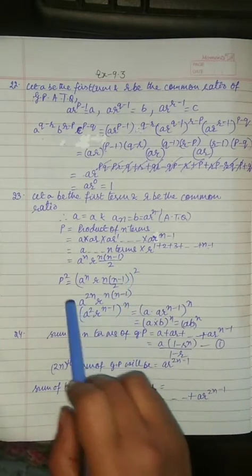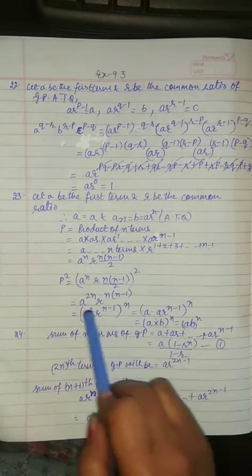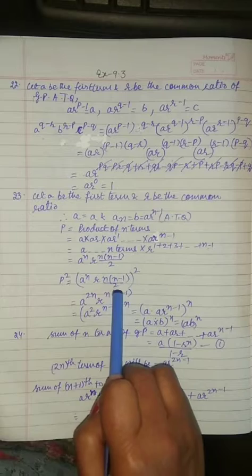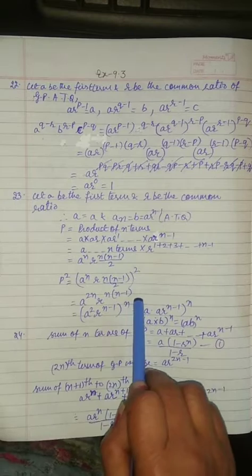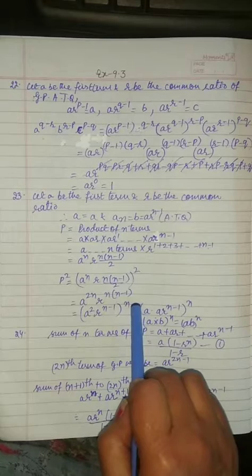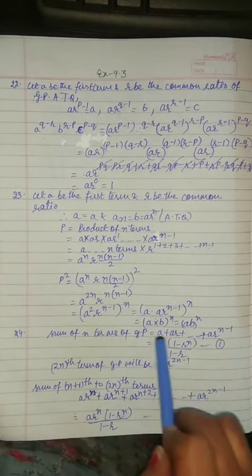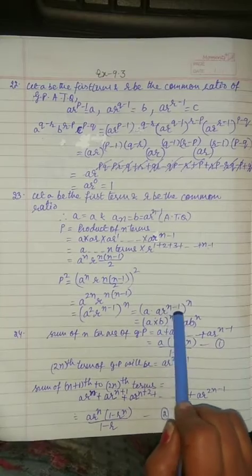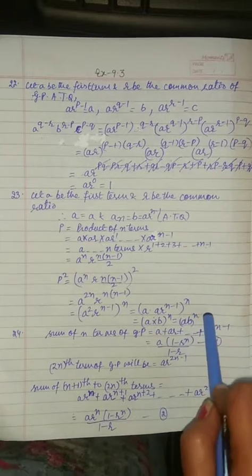So it can be written as A^n R^(n(n-1)/2), as the sum of n terms is n(n+1)/2. Now P squared is taking the square of the value of P. We will have A^(2n) and R^(n(n-1)). This 2 in the power will be cancelled with the square. So we will take power n common. So it will become (A^2 R^(n-1))^n. Here we have taken n common from these two product terms. So A squared can be written as A into AR^(n-1). So AR^(n-1) is B. So it will become (A·B) raised to power n, which is equal to (AB)^n.